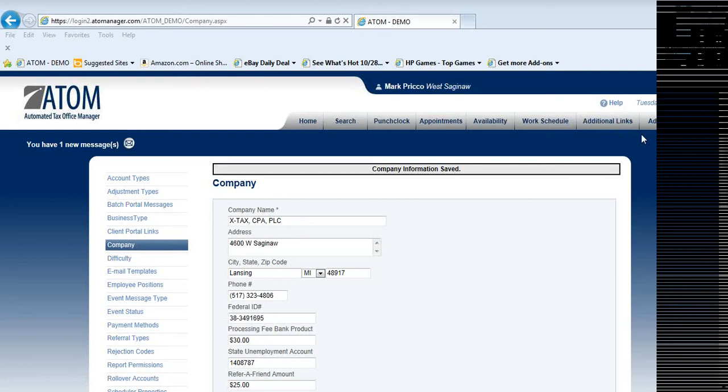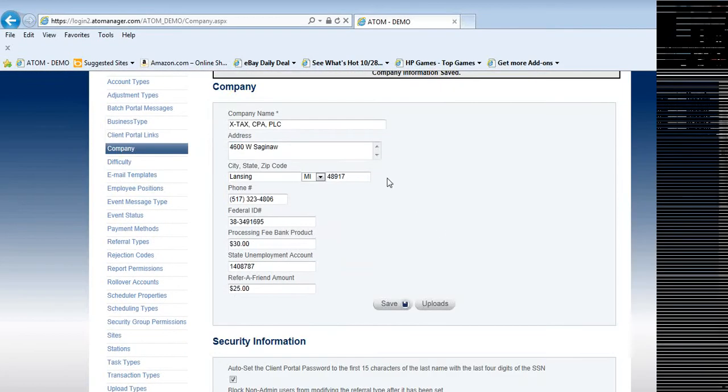To begin, select the Admin tab, then select Company, and the company page will display. From here you have several fields of information. You'll enter your company name, your address, city, state, zip code, phone number, federal ID number, your processing fee, bank